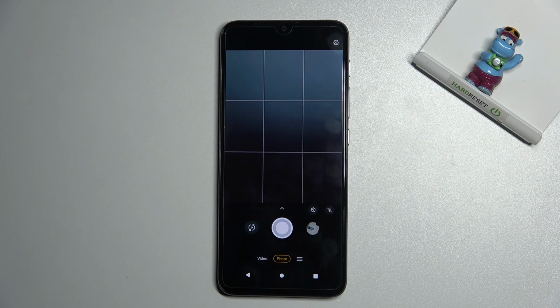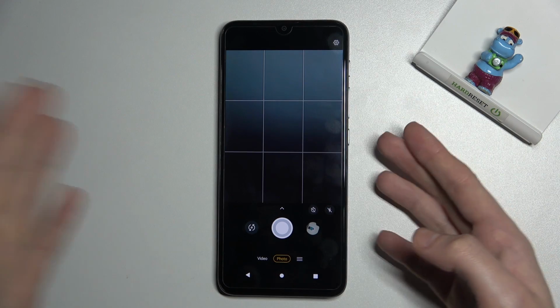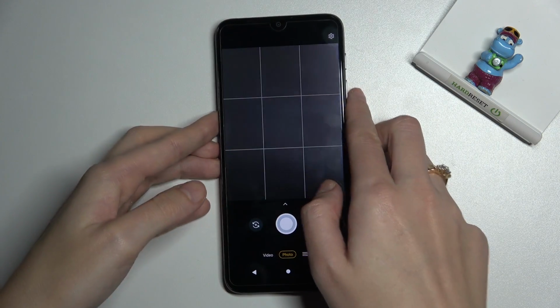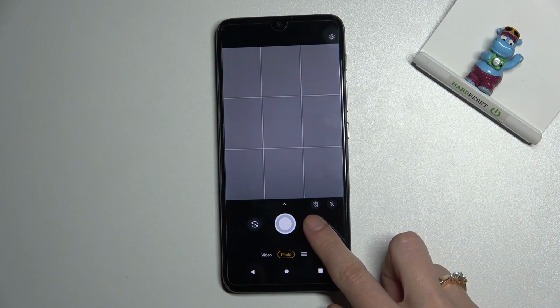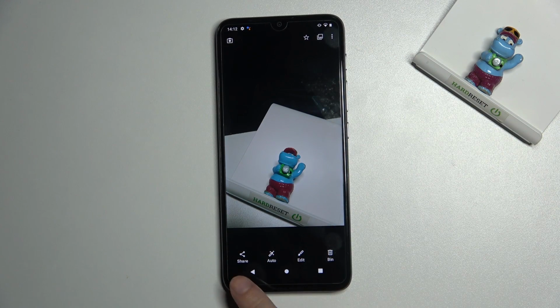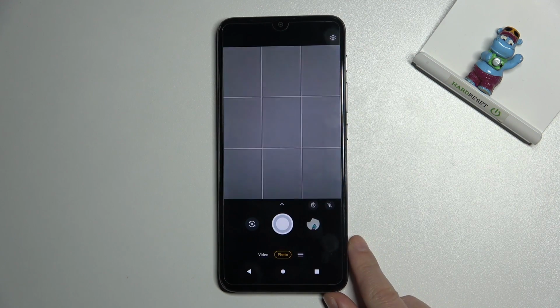They are useful, for example, when we want to use the rule of thirds in photography or make experiments with composition in our picture. And of course remember that these lines are not visible in the real photo, so let me take a picture now. To see it we have to go to the button on the right that takes us straight to the gallery. As you can see, we don't have any grid lines in the picture,